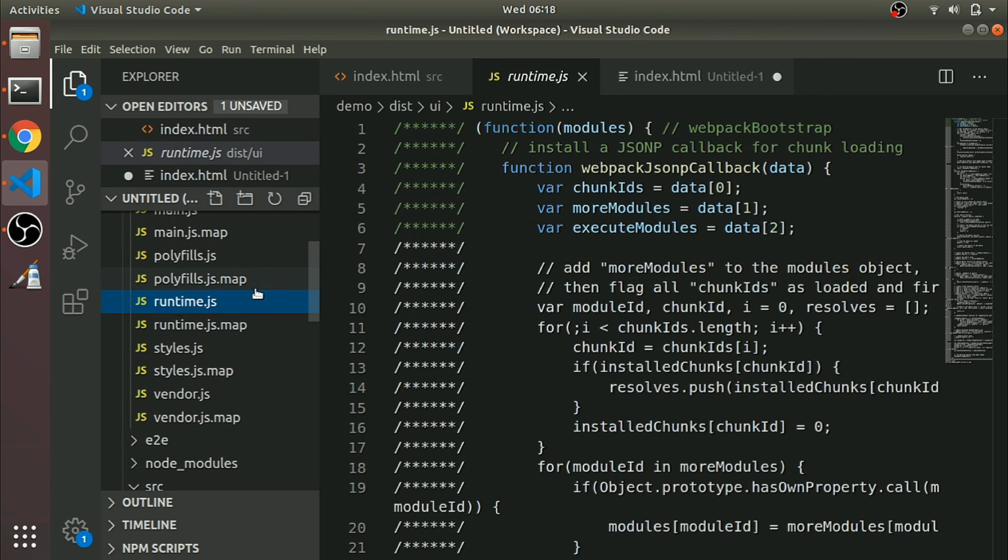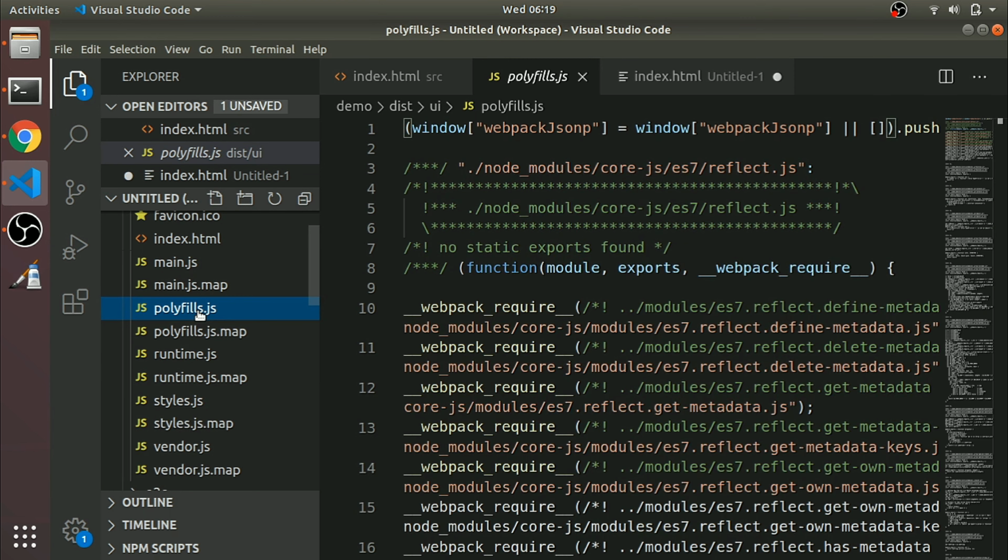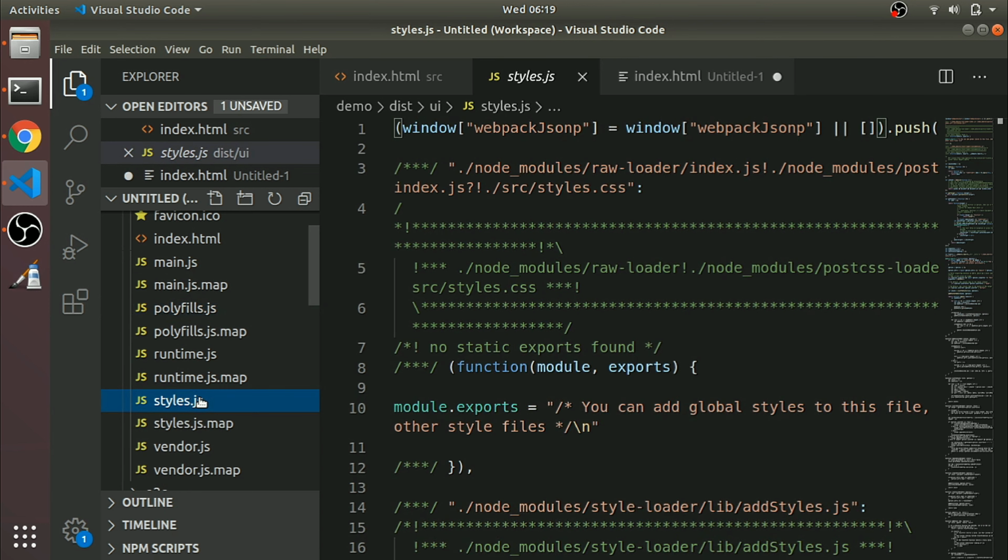First, runtime.js. This is a file generated by Webpack. Okay. Next, polyfills.js. Polyfill scripts for supporting a variety of the latest modern browsers. styles.js contains the global style rules bundled as a JavaScript file. Okay.